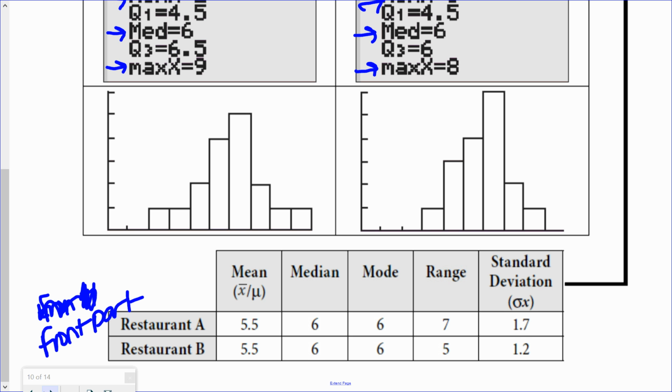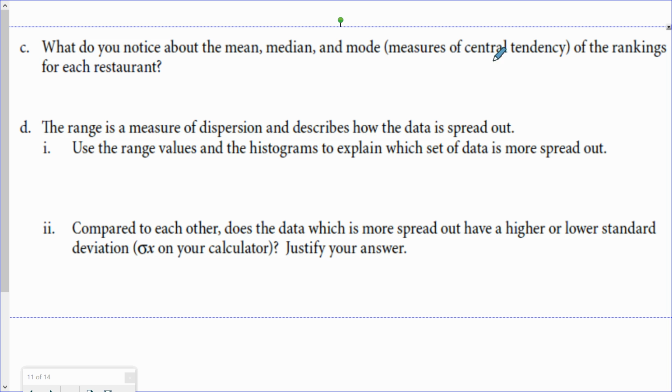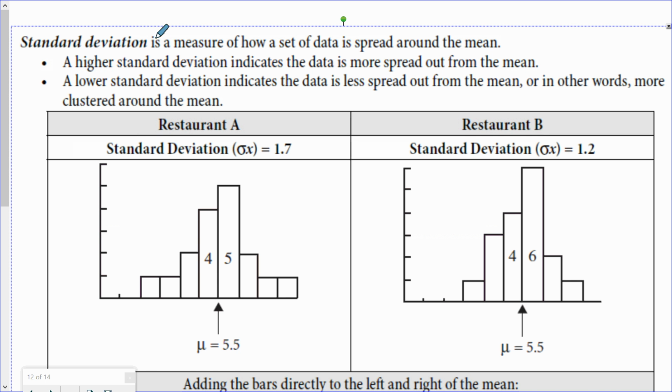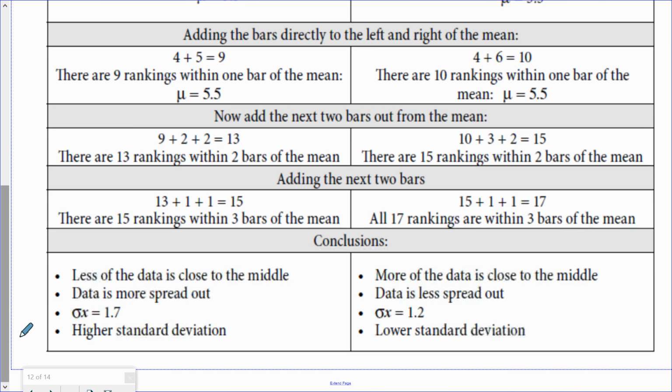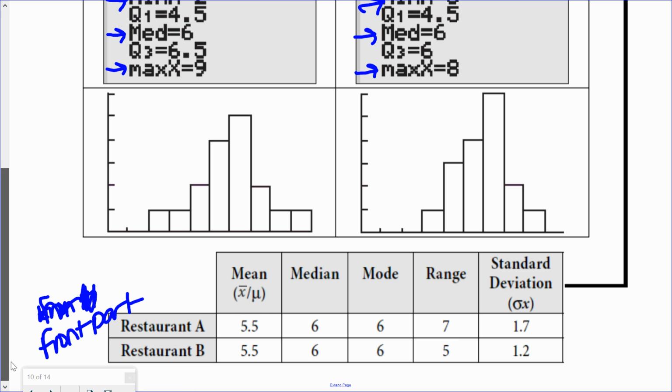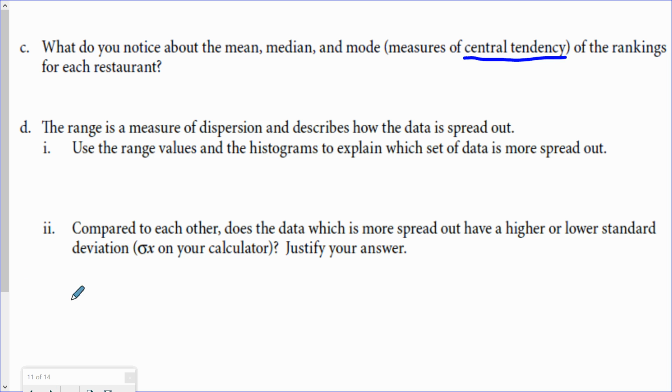So it says, what do you notice about the mean, median, and mode? So again, these are our measures of central tendency that we talked about last time, of the rankings for each restaurant. So if we compare for this chart that's right above this question on your sheet, mean, median, and mode are all the same, right? 5.5 for both A and B, 6 for the median, and 6 for the mode is the same for A and B. So we notice that they're